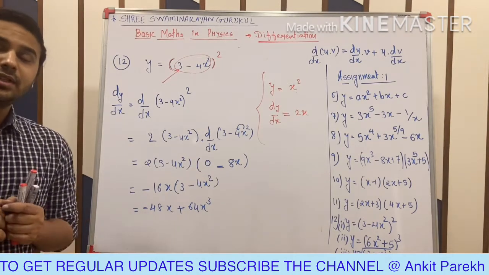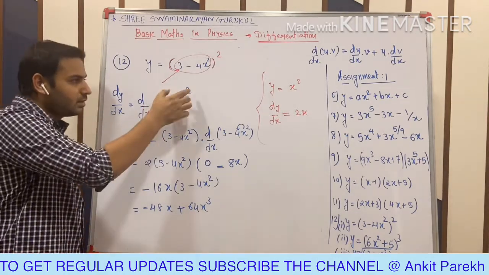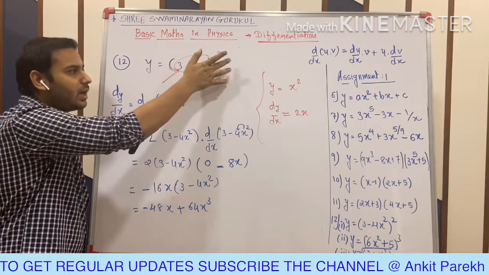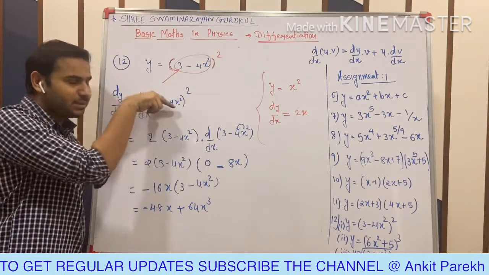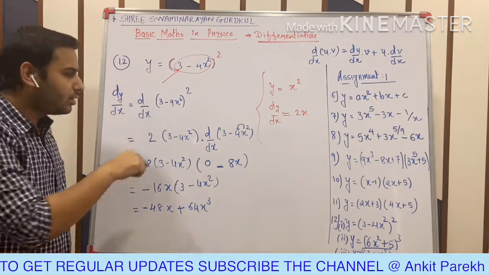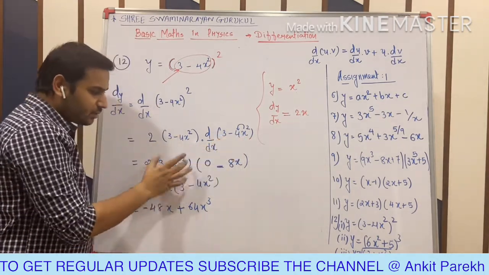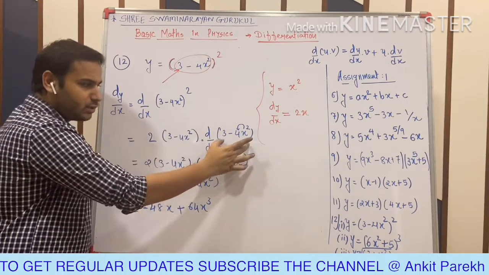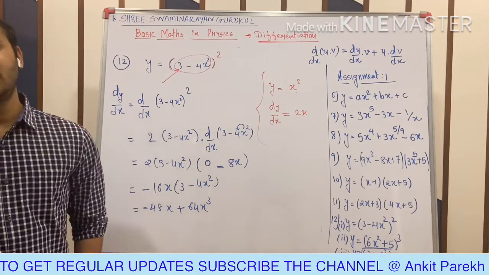Okay, understood? This is called chain rule. Let me explain again. Don't see whatever is given in the bracket. So bracket square, its differentiation is 2 into bracket. Then jump into the bracket, that is called chain rule, and differentiate the bracket, that is 3 minus 4x square. So this is the differentiation of bracket square, and due to chain rule we need to apply the product of these two. You'll get your answer.